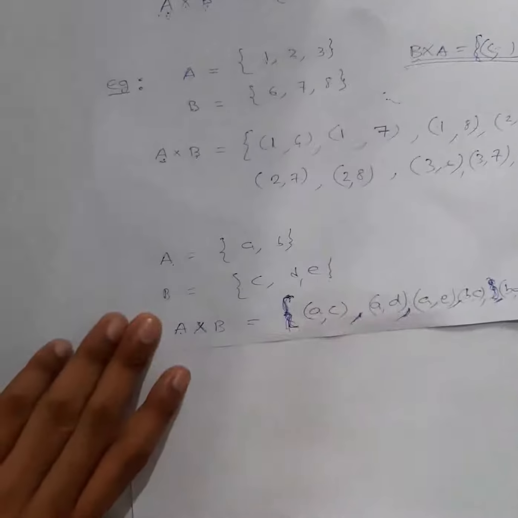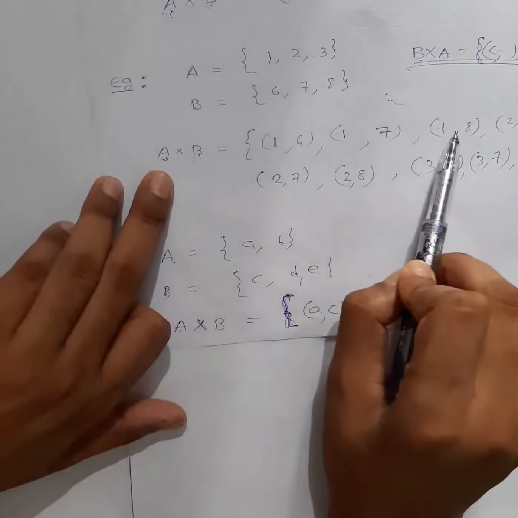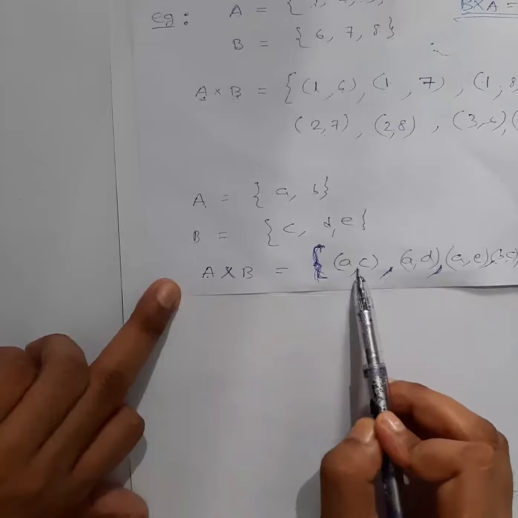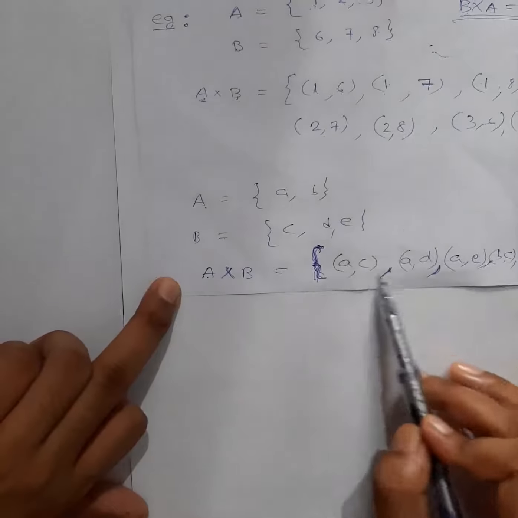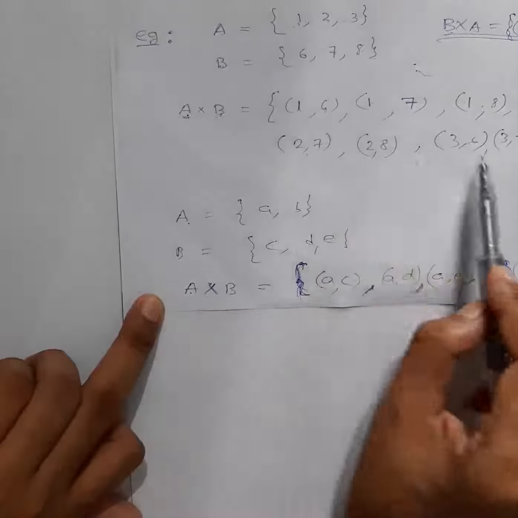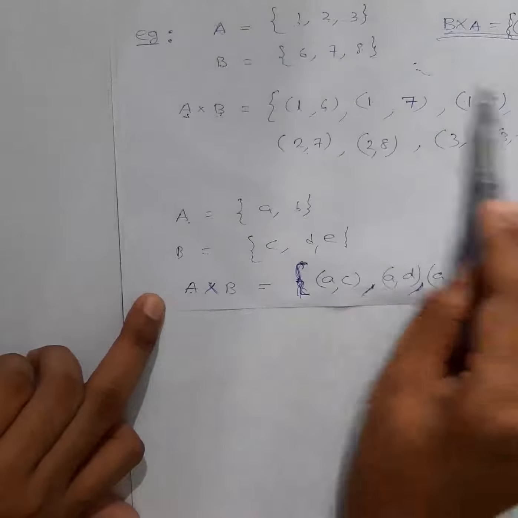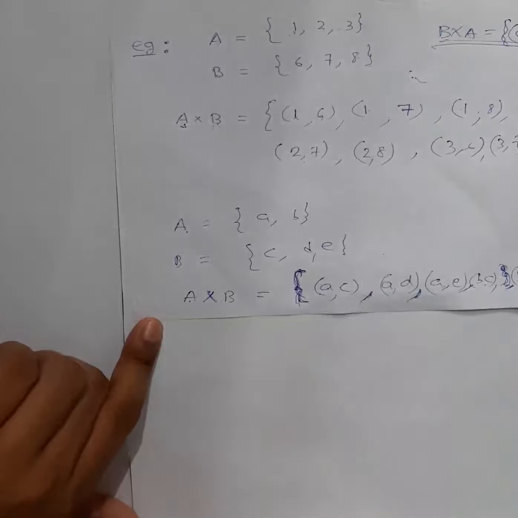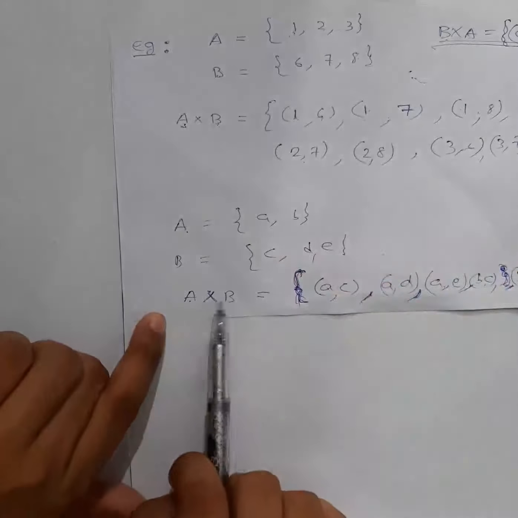So now see, next, in the Cartesian product, how many elements do you have in this case? 1, 2, 3, 4, 5, 6, 7, 8, 9. In this one, how many elements do you have? 1, 2, 3, 4, 5, 6, right? So here you have 6 elements, here you have 9 elements. More than this you cannot make. I have written Cartesian product, meaning all possible pairs you have made here. If I made all possible pairs, you cannot write any more, right? So here the total is 9, here the total is 6. So in this Cartesian product, the maximum you can have is 9, and in this Cartesian product, 6.